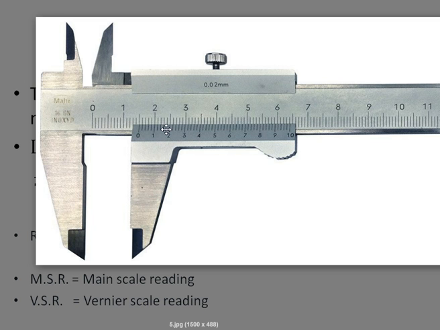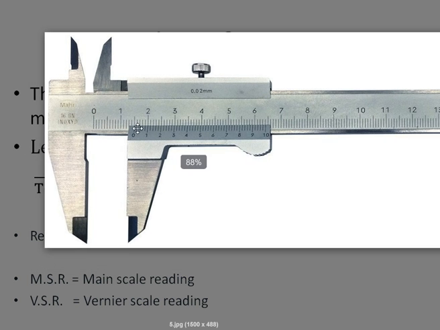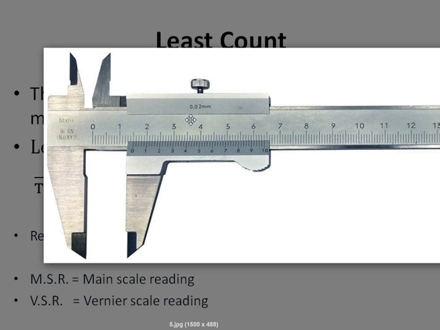So obviously least count will depend upon the number of divisions on Vernier scale, as well as the smallest division on main scale. This is one instrument of which least count is 0.02. There can be different Vernier calipers having different least counts depending upon their individual main scale and Vernier scale. Now let us have a look at the Vernier principle.